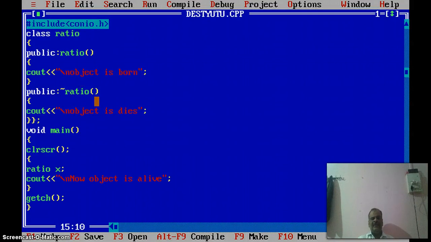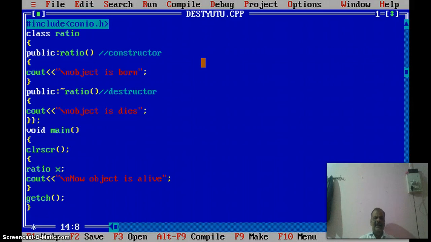Then the destructor: here the class name is ratio and the constructor name is ratio, so we identify this as a constructor, a special member of the class. Again, we identify this as a destructor because the destructor name and class name are the same, but it begins with a tilde sign.